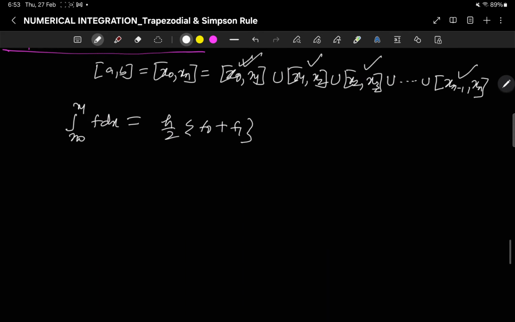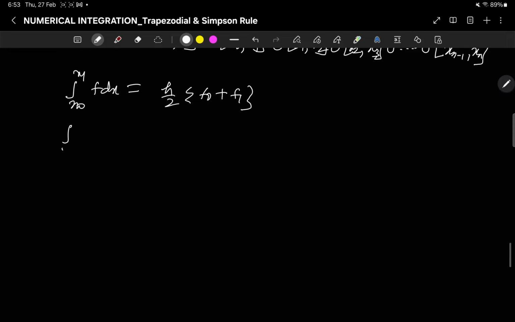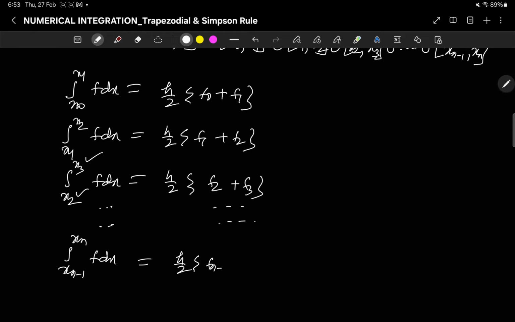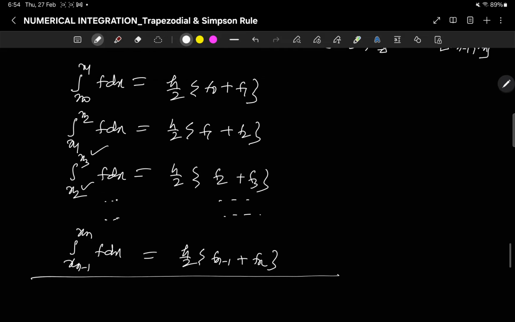Now similarly, the integral x1 to x2 f dx will be h by 2 (f1 plus f2). Likewise x2 to x3 f dx will be h by 2 (f2 plus f3), lower plus upper. If we go on continuing, the integral xn minus 1 to xn f dx will be h by 2 (fn minus 1 plus fn). Now if we add it,